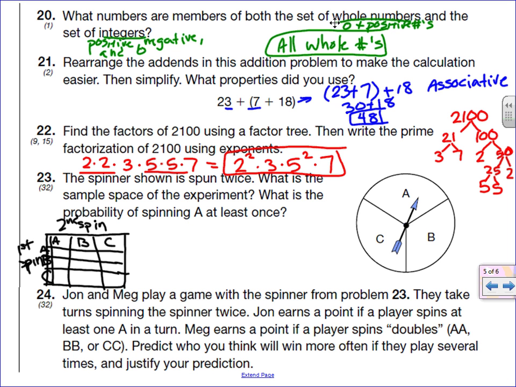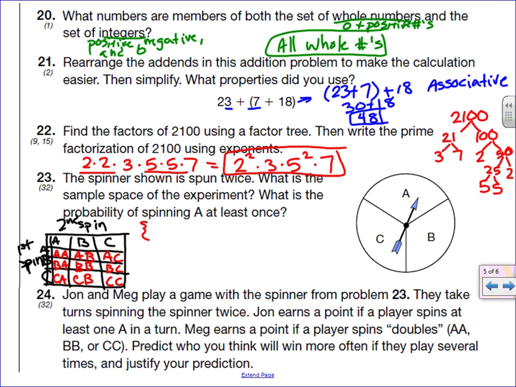Okay, so my sample space would be if I spun an A first and an A second, or an A first and a B second, or an A first and a C second, a B first and an A second, a B first and a B second, a B first and a C second, a C first and an A second, a C first and a B second, or a C first and a C second. So then if I write my sample space with the squiggly brackets like they do,